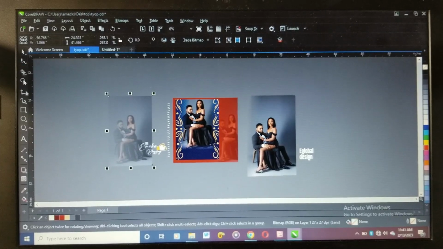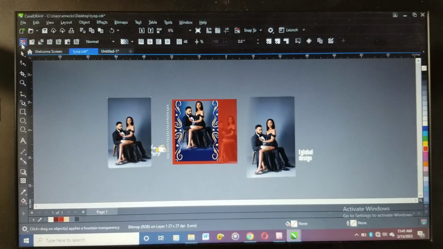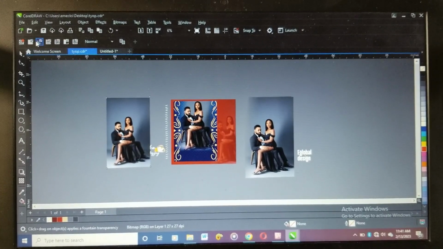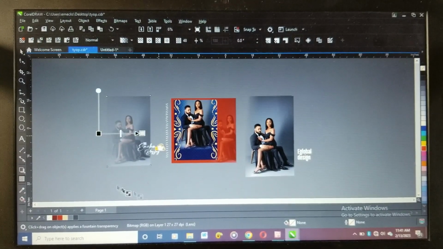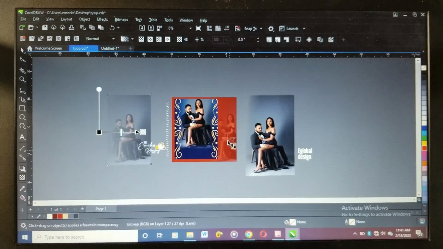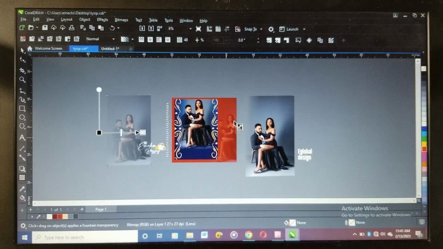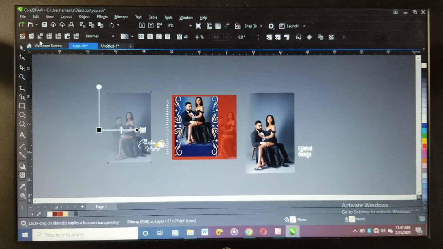I will remove the transparency from it. I've removed this transparency, you can see I've removed it. So I will come to this place, fountain transparency. That is the effect I use for this thing inside here, for this particular image. In case you are asking how did I fit in this image inside, I used